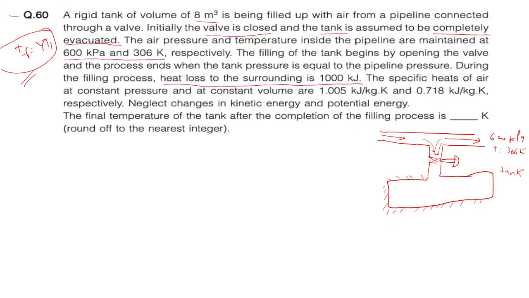Ti means temperature at the pipeline. If it is evacuated, that we will see later, it will directly come. And one problem I think in 2020 or so it came as gamma Ti only. And last year it came with heat transfer to the surrounding given as 1000. Okay, got the problem what I'm saying?